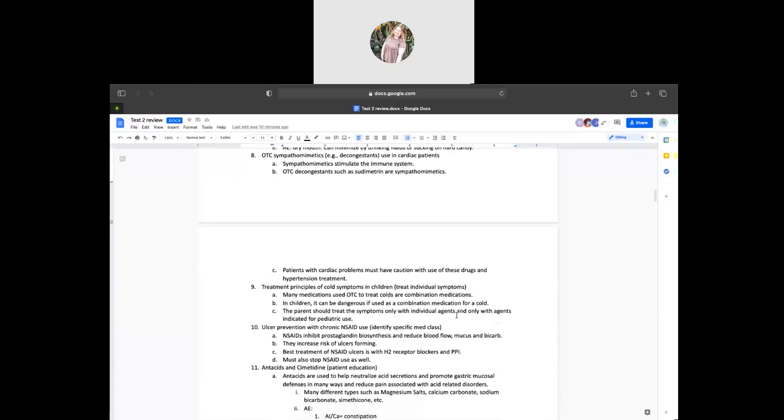Now we're going to talk about over-the-counter sympathomimetics used in our cardiac patients. Sympathomimetics can stimulate the sympathetic nervous system, such as our over-the-counter decongestants, such as Sudafed, are types of these medications. Patients with cardiac problems must use caution with these drugs and hypertensive treatment because these medications may cause